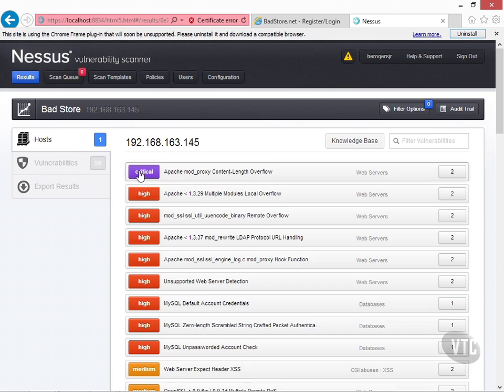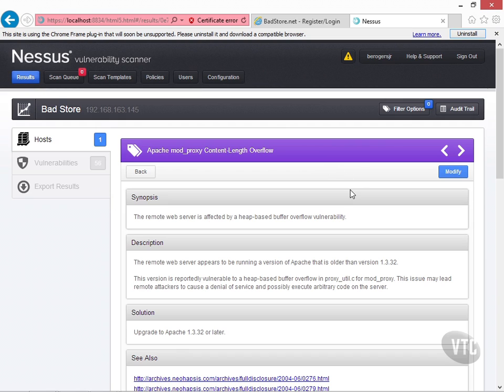So if we go back here, we'll see some other things. Here's a critical one right here. And the critical one basically tells you that there is a heap-based buffer overflow vulnerability that we could execute against this particular server. Now, how would you execute that vulnerability? Well, you'd have to have some exploit code, or better yet, if you want to make it easy on yourself,